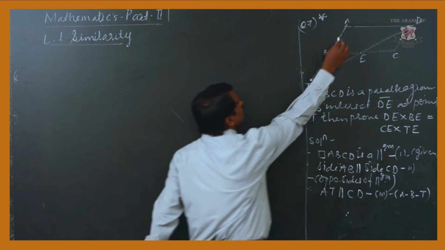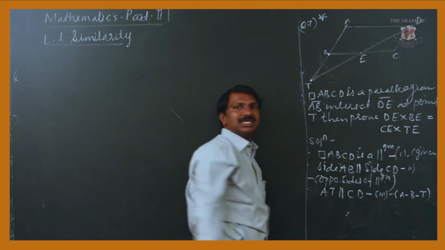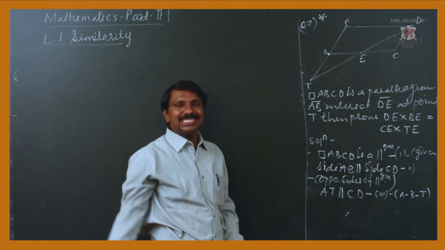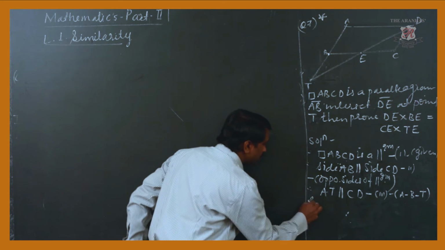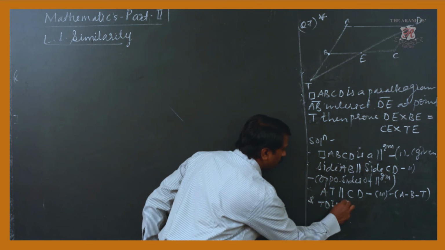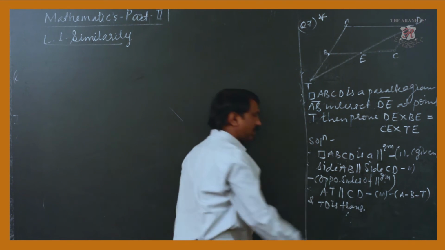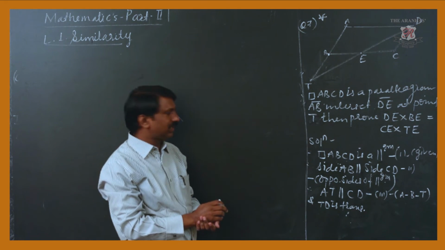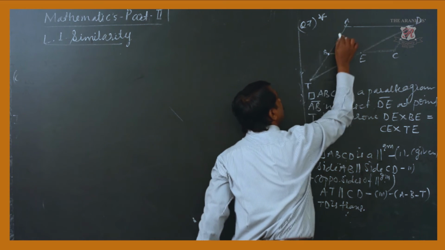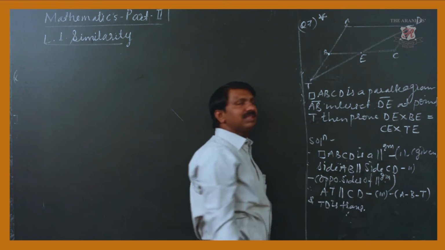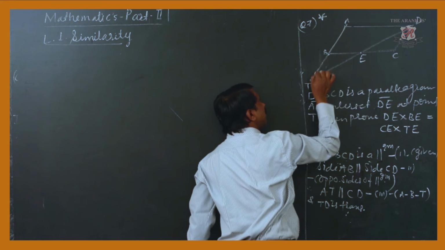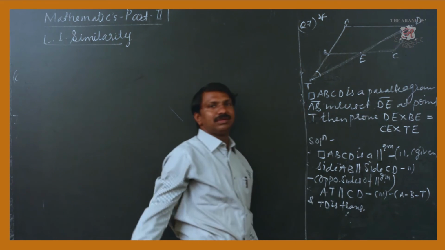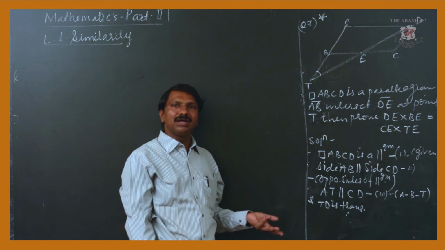So according to that we mentioned AT, which is parallel to CD. Now two lines are parallel. If you observe, immediately you will come to know this segment DT is a transversal. These two lines are parallel and the transversal is TD, otherwise DT. Immediately an angle is formed. See here, that is a Z shape, maybe you will see it like this. What type of angle is here? Z means it is alternate.